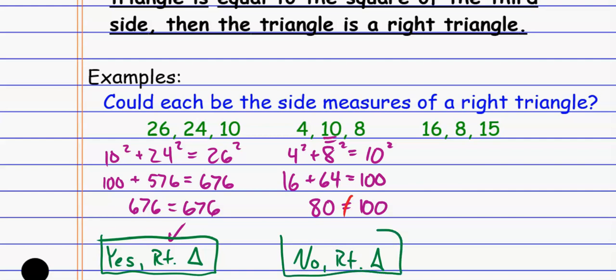So no right triangle for this one, okay? There's no way that I could make that work. And then again, this one, make sure you list them in the appropriate order. This would be 10